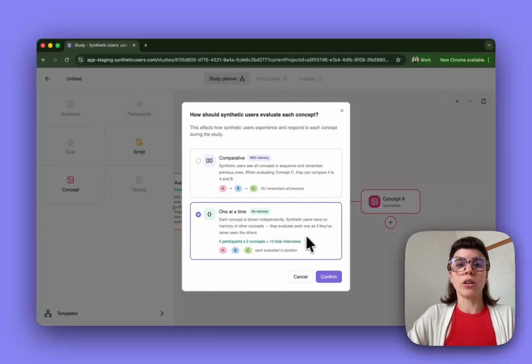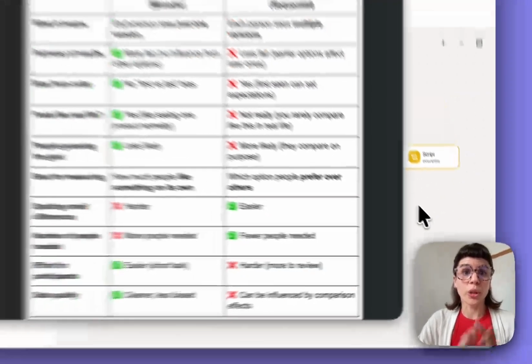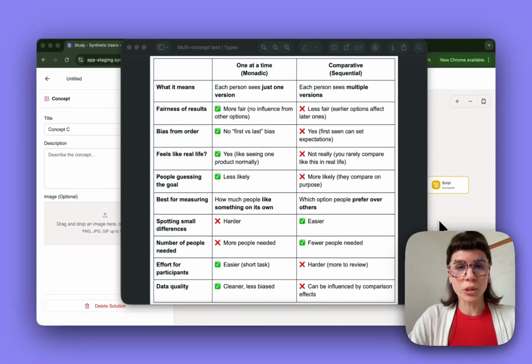If you were to run a study with 5 participants and 2 concepts, that will result in 10 interviews. Okay, so for the first one, I'm going to show this one. Let's go with that. Before we go into the actual setup of the multi-concept test, I wanted to show you